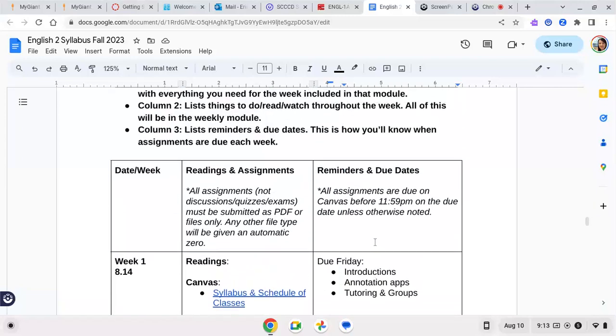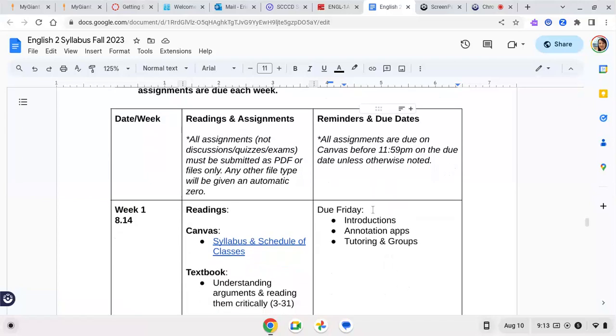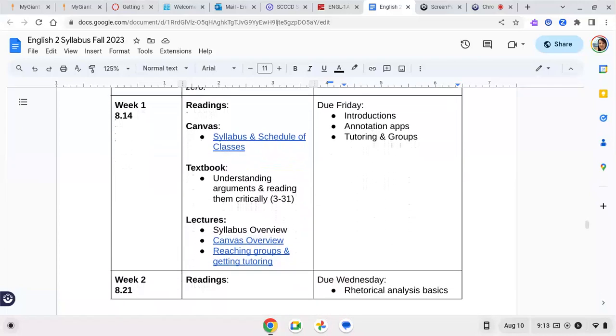And then the third column is reminders and due dates. You'll always see that things are due typically on Wednesdays and Fridays. For instance, during week 1, you don't have anything due Wednesday, but you do have 3 different things that are due on Friday. These are discussion board posts. You'll see those on Canvas. You should have read and watched these things in order to be prepared to finish whatever is due for the